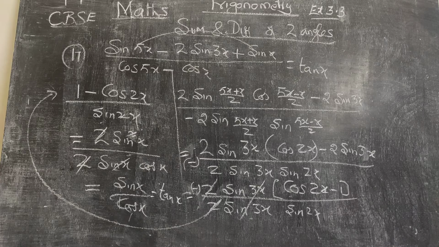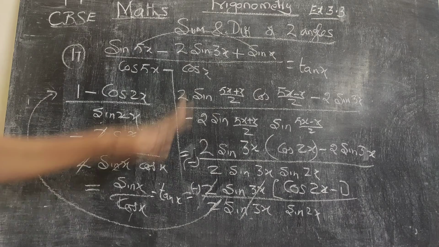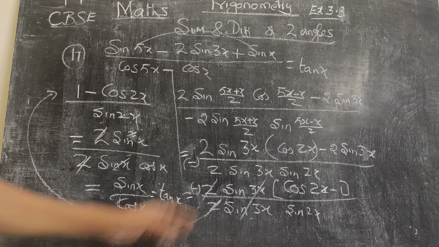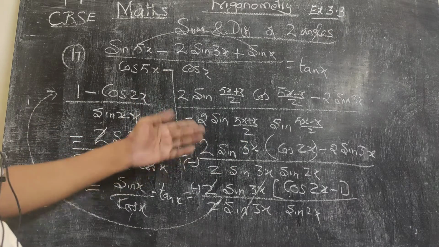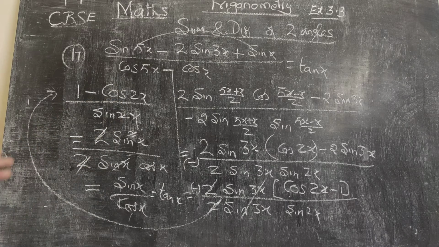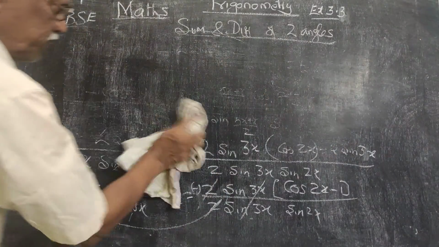So it's a good problem. First you must remember the sin x plus sin y formula and cos x minus cos y formula, and then apply that. You are fortunate to have sin 3x as a common factor, we cancel it, and then apply that 1 minus cos 2x is 2 sin square x and sin 2x is 2 sin x cos x. Now we have to go for the example problem. All the example problems we have completed. Now I have to go for the exercise problem, exercise 3.3. So we will go to that.